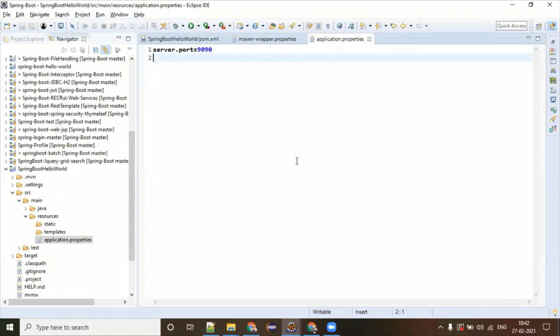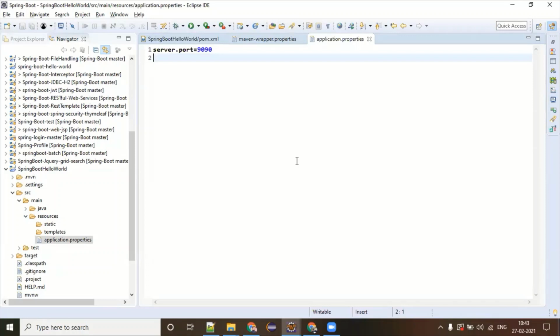Well, it is very, very interesting to see that the people of Spring Boot have recently realized that the server port was initially 8080, and that is always occupied by many servers which are installed in your system. Some of the servers in fact don't give you the option to change their port, right? So now I am happy to see that these people have realized that the server port is something important to change.